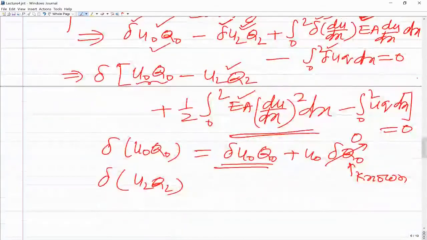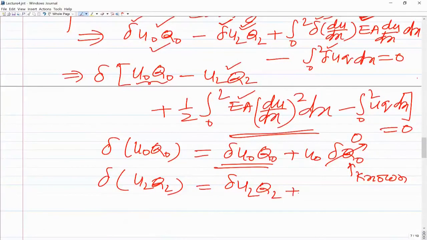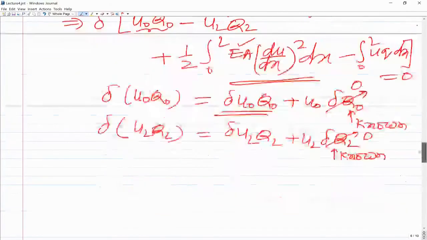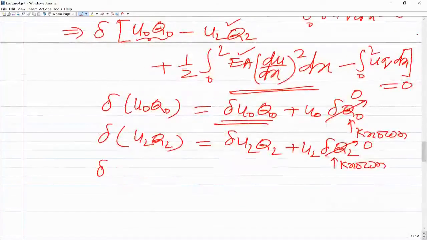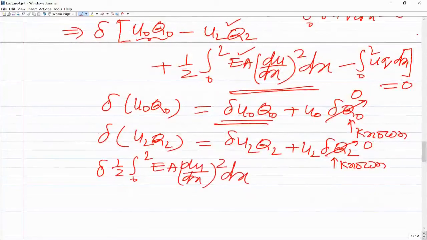As you see over here, the second one, if we take uL into qL, that would also be delta uL into qL plus uL into delta of qL, and again this is 0, because we are taking this as a known quantity, so that gives you basically the second term. Now the third one, what I am saying is, when you take the variation of this, delta of half integral 0 to L EA into du by dx whole square dx. Now if you look at this term,